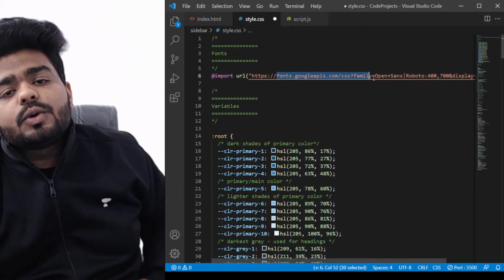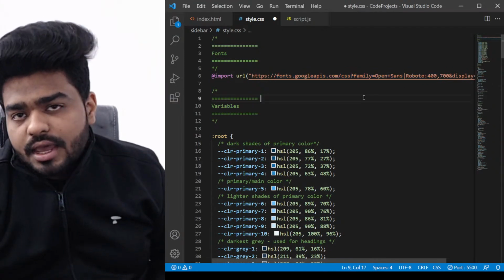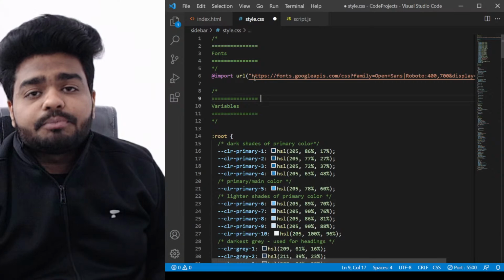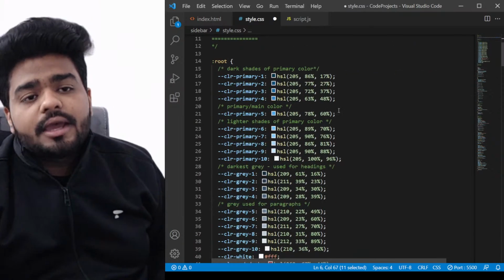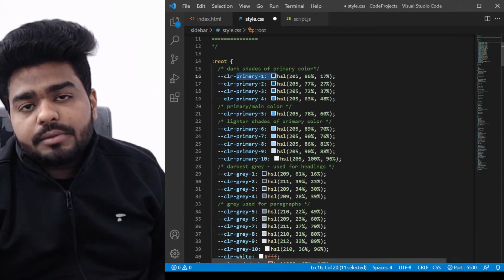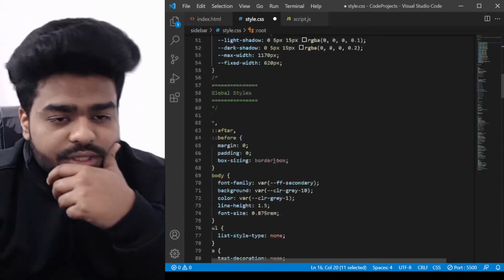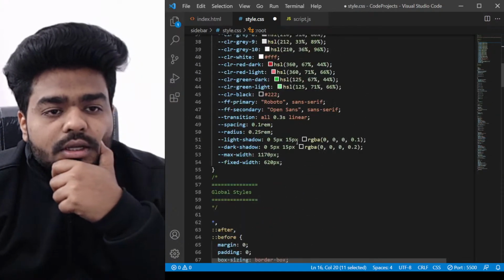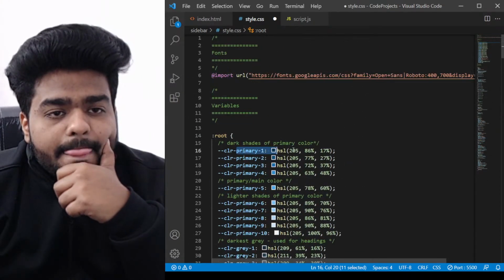So we have a Google API font given here for Roboto. You know this, that from the Google API we can get a font. So they are importing that font, which is Roboto. Okay, and they have given a color to all its primary. Let me tell you what primary 1, primary 2 basically are. So if you look here,